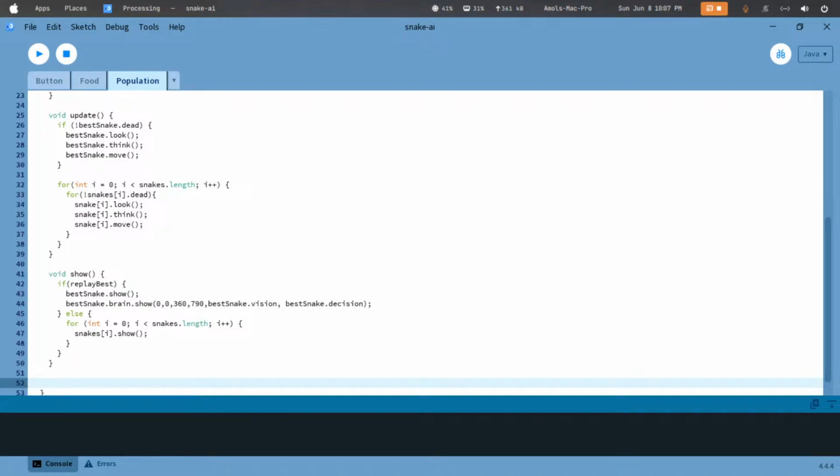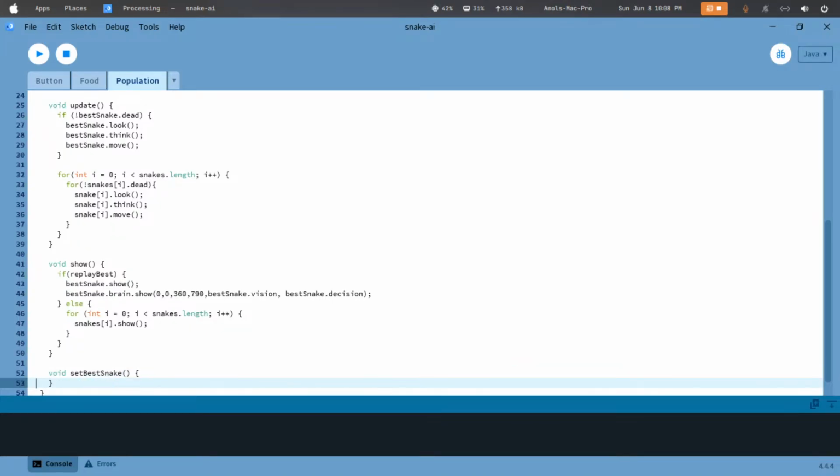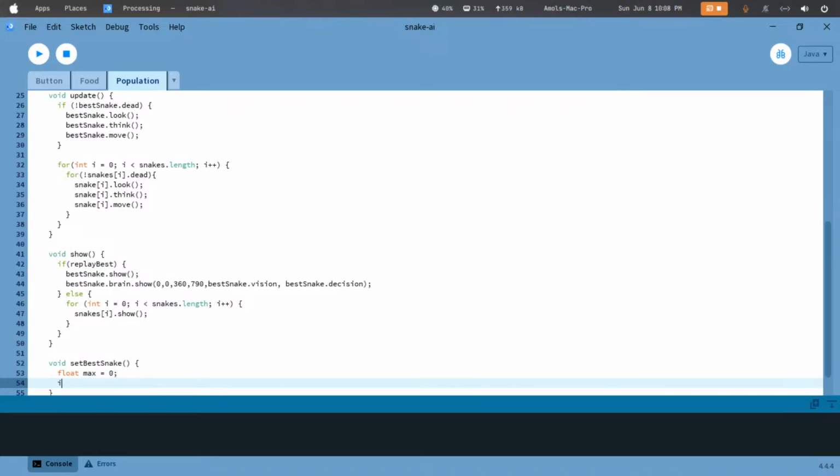and then we will have to make a set best snake. We have to set a best snake. Like the program cannot automatically set a very good, which is a maximum score holding snake, so that's why. So 0, int max index equals to 0